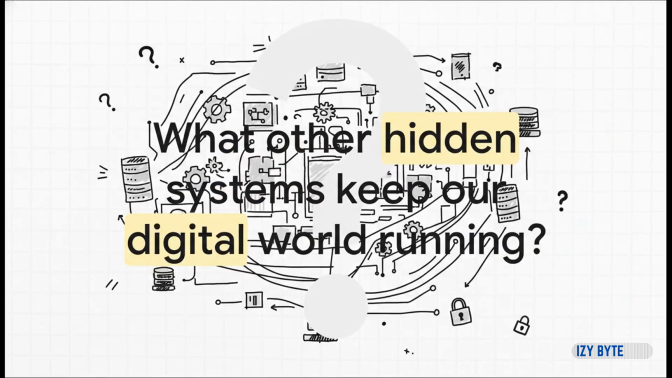And that kind of brings us to a final thought. We've just uncovered one of the internet's most important invisible rulebooks, and it really makes you wonder, what other complex, hidden systems are working behind the scenes right now, making sure our digital world doesn't just fall apart,